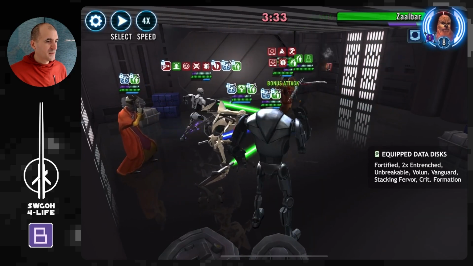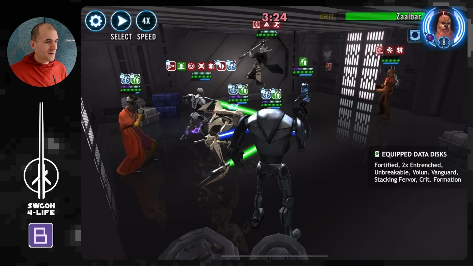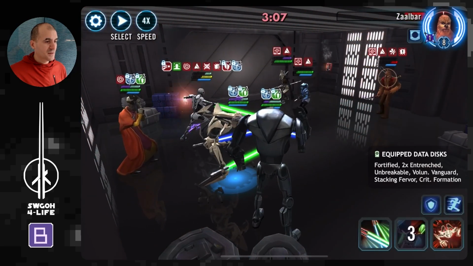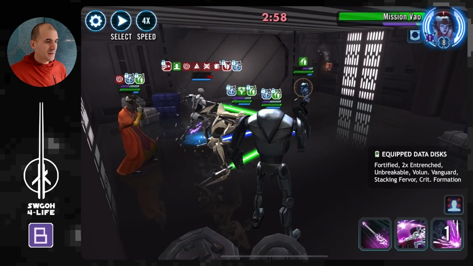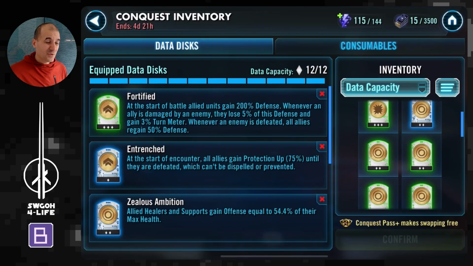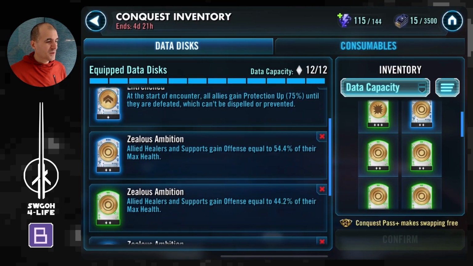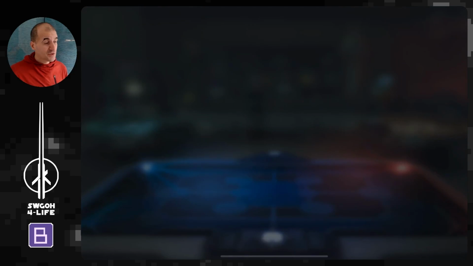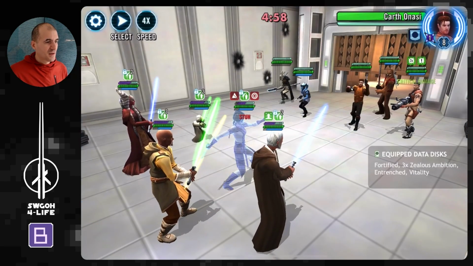Let's go ahead, keep going after Zalbar, because he'll taunt anyways, to be honest, and we'll deal with the other guys in the end. Okay, let's see if actually we can keep everybody alive. The good thing about it is, obviously, because of critical formation, you can sort of keep your guys alive, but not quite. So let's move on to the Overzealous data disc set here that relies on 3 stacks of Zealous Ambition as well as Vitality to really juice up the damage on your support and healers, and as well Entrench